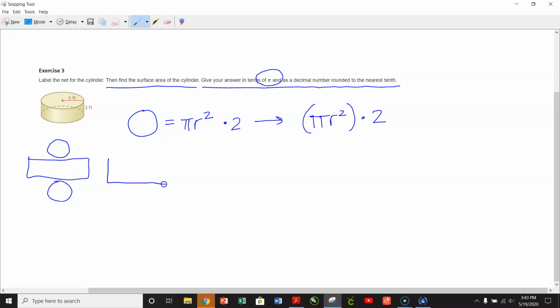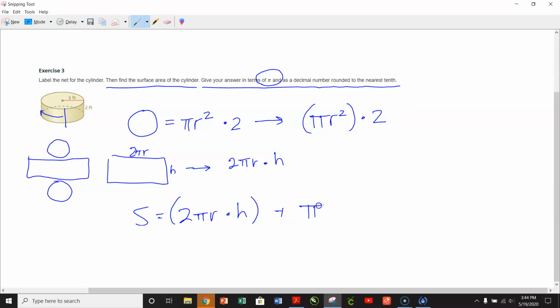Well, my lateral face, remember this is 2 pi r because that's the distance around the circle if you laid it all out in height. So this equals 2 pi r times h, okay? Because again, this is the length. If you cut it like right here and unpeeled this back, it would go all the way around the circle, so that's 2 pi r. And so we have our surface area equals 2 pi r times h,